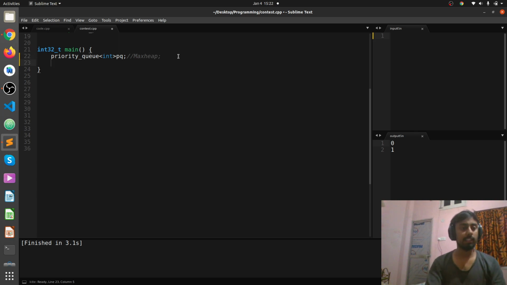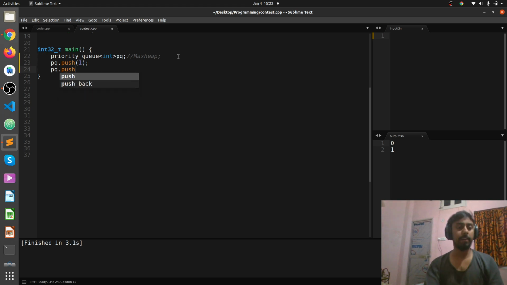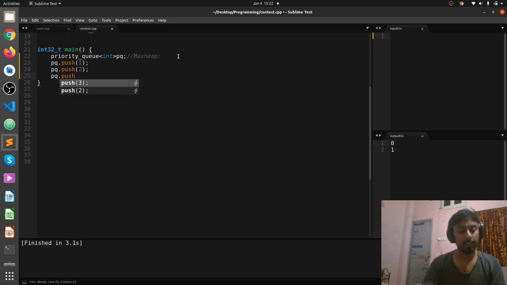We are going to insert some elements and see the property of the priority queue. For example pq dot push 1, pq dot push 2, pq dot push 3. We push the elements into the priority queue with the push function.